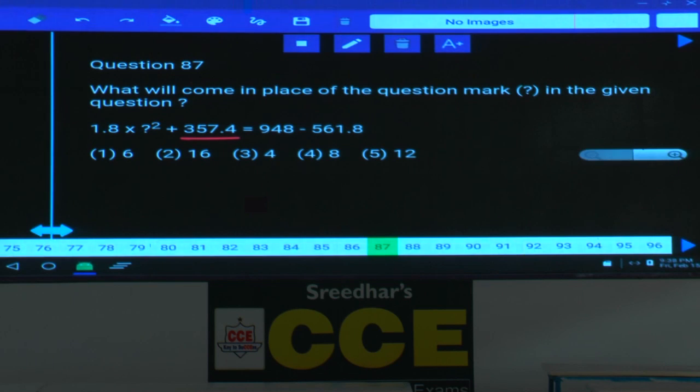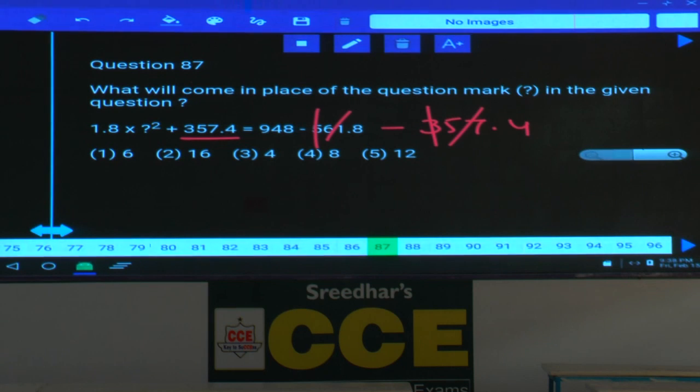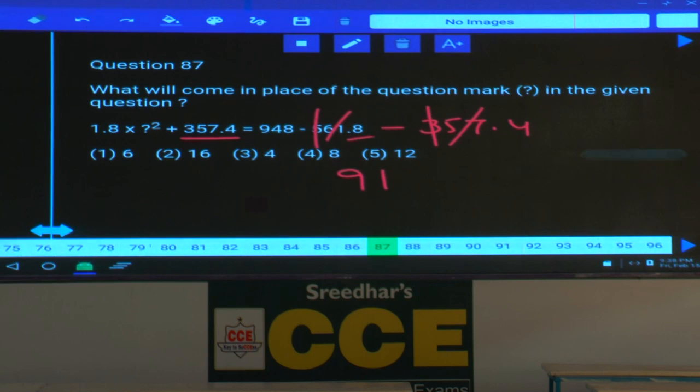Take this value to right hand side, that becomes minus 357.4. Both the negative values in right hand side: 500, 300, 800, 6157, 118. Already you have 800. 800 plus 118 is 918. 0.8, 0.4, 1.2. So 918 plus 1.2 is 919.2. You need to subtract it from